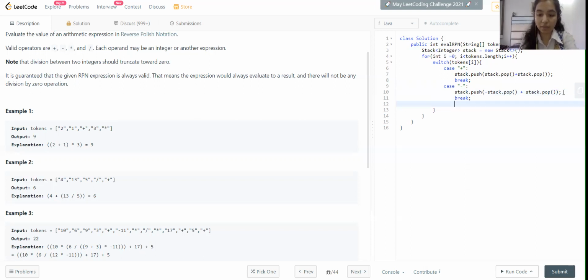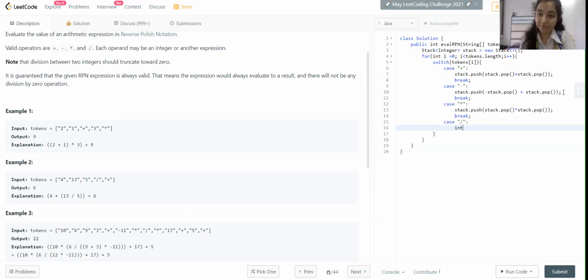Again, we do break. After that, when we encounter multiplication, we perform stack dot push of stack dot pop times stack dot pop, then break. Now comes the tricky case, which is division. Here we encounter something similar to negation.